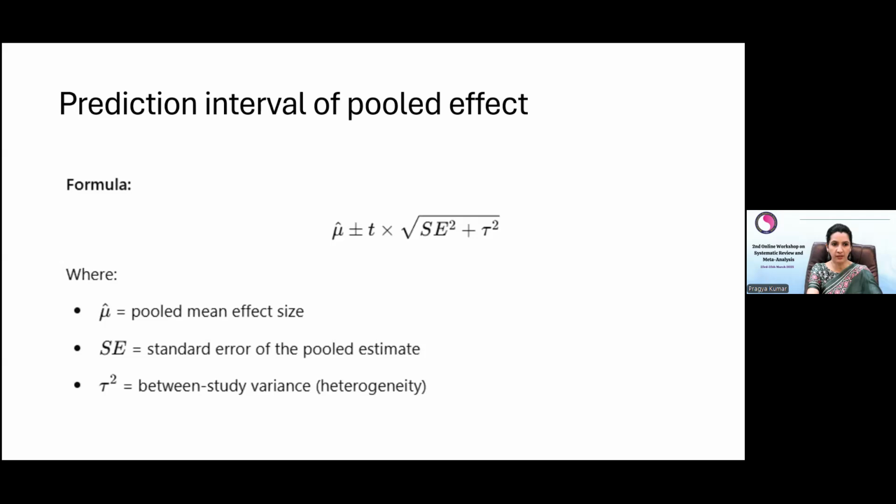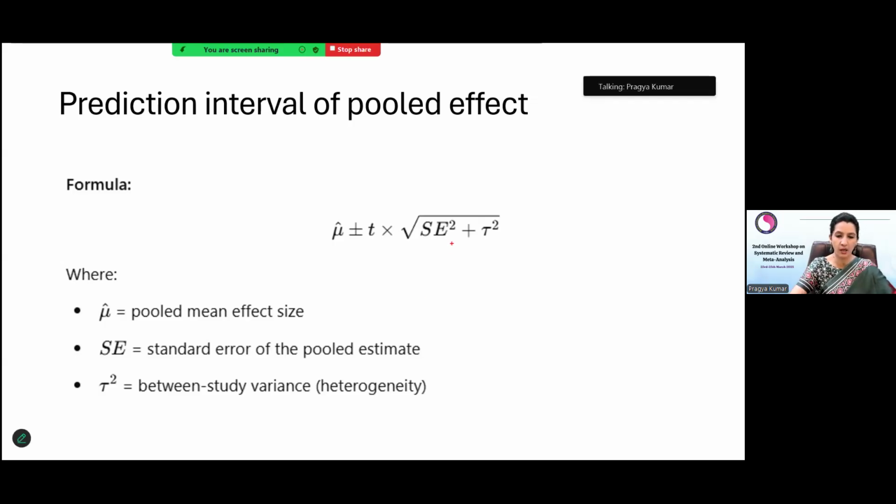And this is the formula of the pooled prediction interval. Here, what we have learned about tau, this tau is also there, which is the between subject variability, or what we call heterogeneity. So that is also there, and this is the standard error. These are the formula: the standard error of the pooled estimate, and this mu is the pooled mean effect size. But again, you don't have to